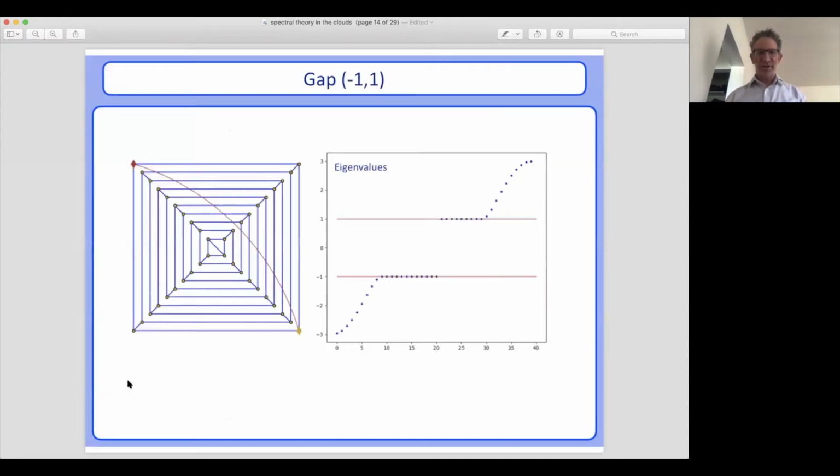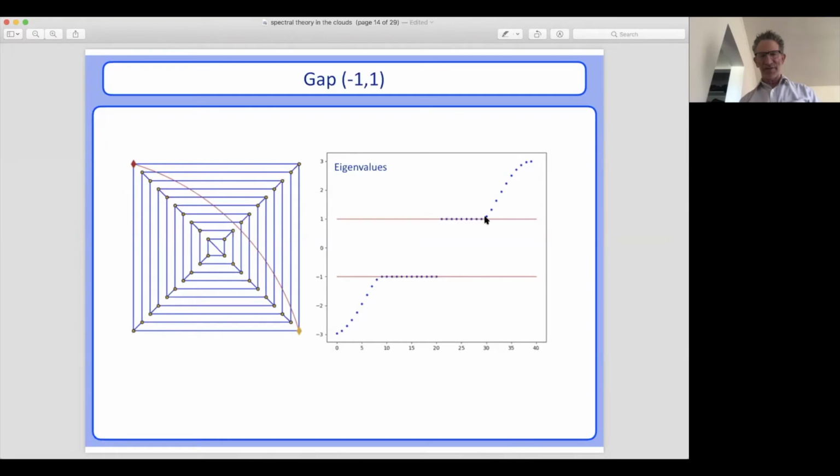Let me show you the graphs at least. So here's a gap (-1, 1), and planar. So there's a 3 regular graph. I think you can see it's constructed by some kind of periodicity. Of course, it's got a periodicity, except for the ends, which are not periodic. They're capped in some carefully engineered way. So these are 3 regular. You can see them. I can make more and more layers in the middle to make it larger and larger. And if you numerically compute the eigenvalues, you never get anything between -1 and 1.